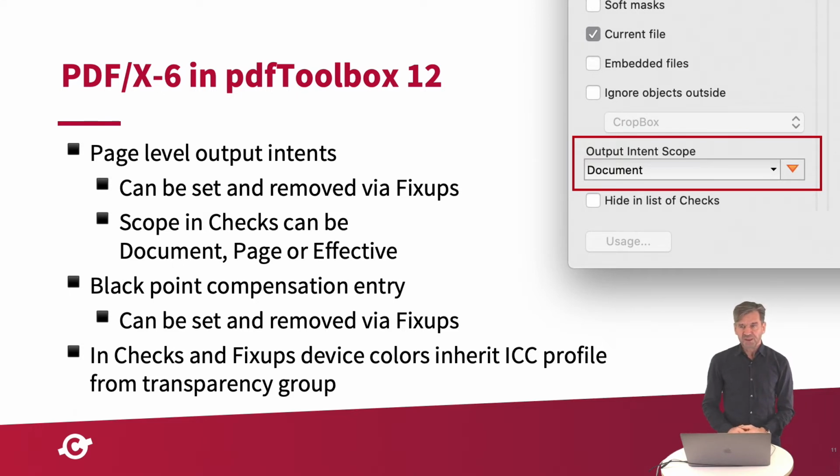For the black point compensation entry, you can find objects and specify whether you want to assign this black point compensation entry to these objects or not, or you can remove them. So again, everything is possible here. And for checks and fix-ups, again, as long as this is a PDF 2.0 file, so the previous two things are not related to PDF 2.0, because the last item here, inheritance of ICC-based color spaces to CMYK objects, or RGB, is the same,